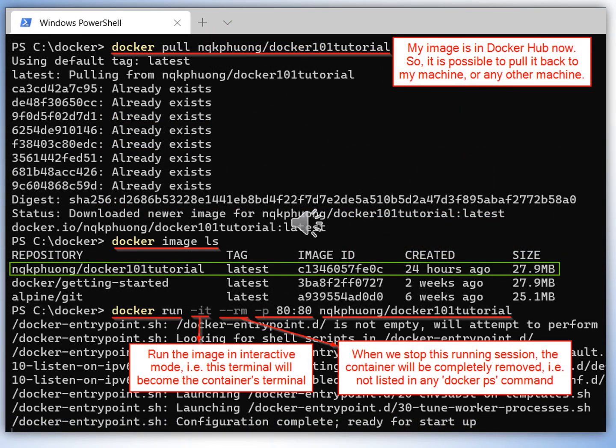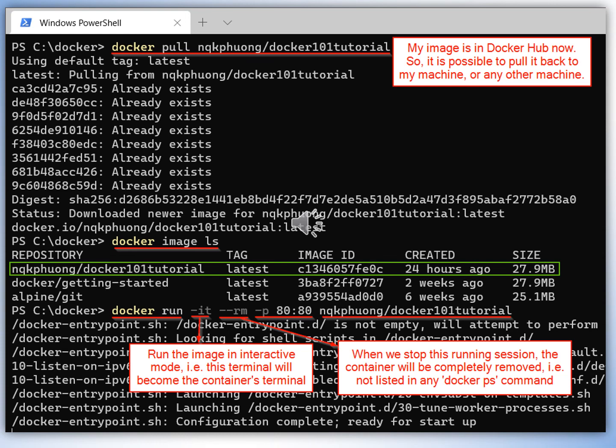Remember, when we pushed our Docker image to Docker Hub, I mentioned that the image would be ready for use by anyone. It is time to test that. Let's pull it back to this machine. Wow, Docker pull works. The image can be pulled and run as expected, but there are 2 new things with the Docker run command here. The first thing is we run a container in interactive mode, not detached mode, using the -it